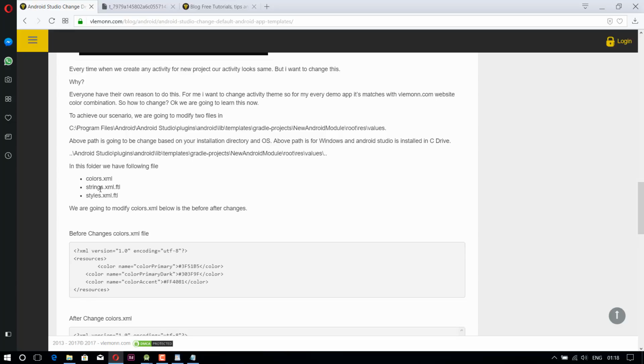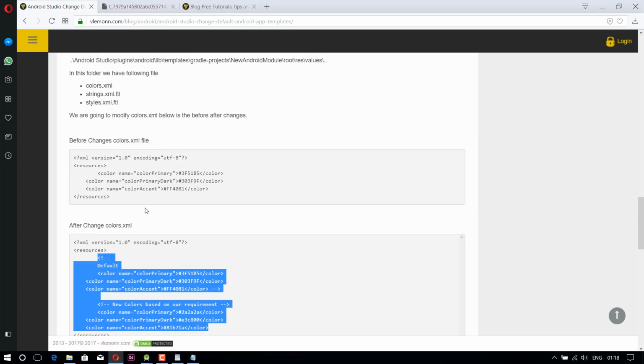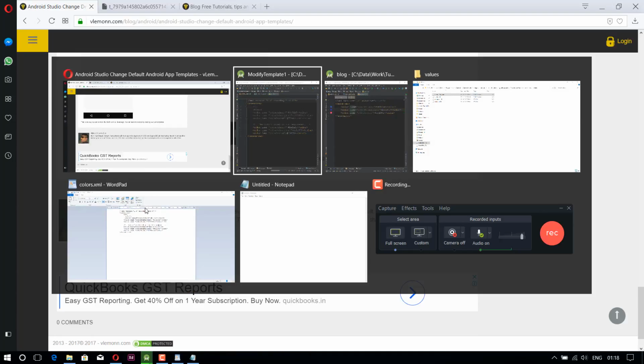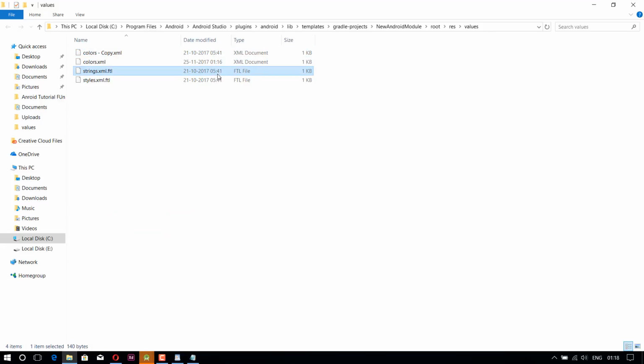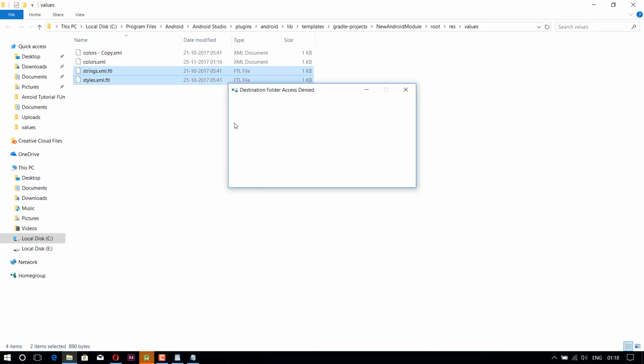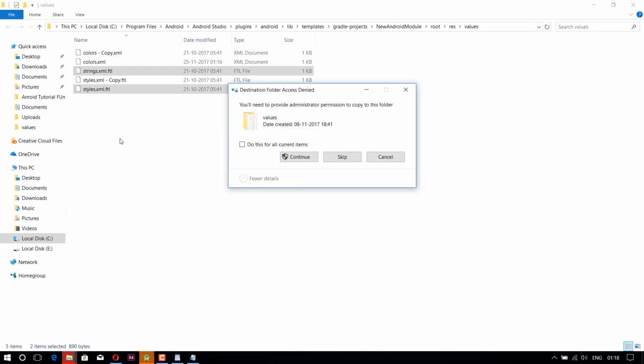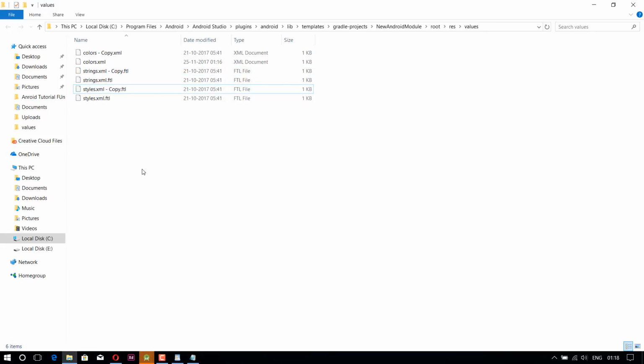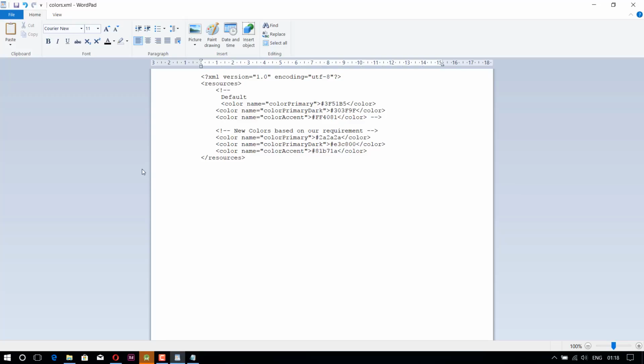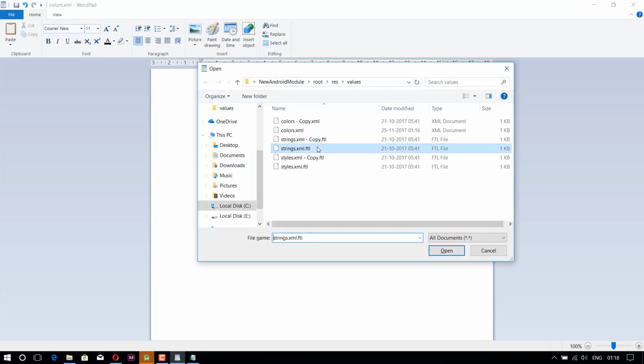and let's see what we have in string.xml.ftl and style.xml.ftl. So let me open this. Let me quickly create a copy of both the files. Yes, continue, and I'm going to open this, Ctrl O, string.xml.ftl file, open,